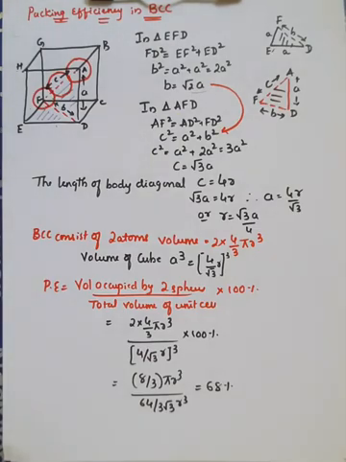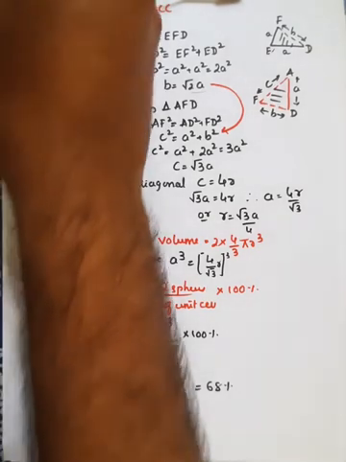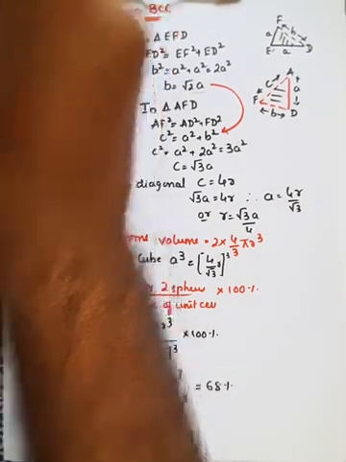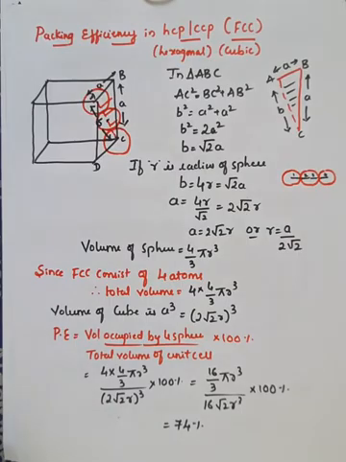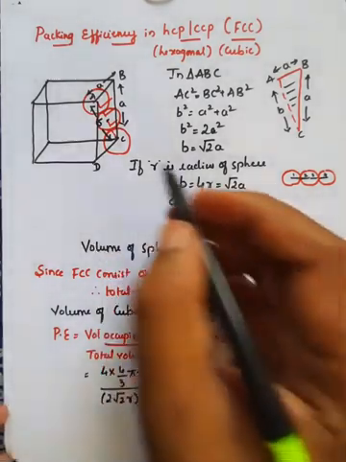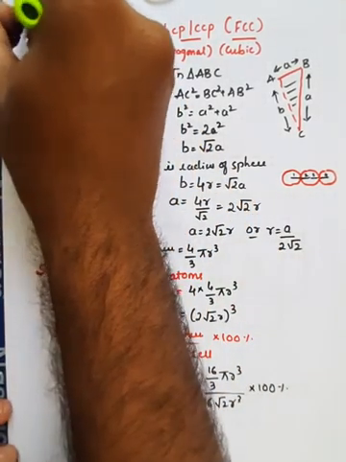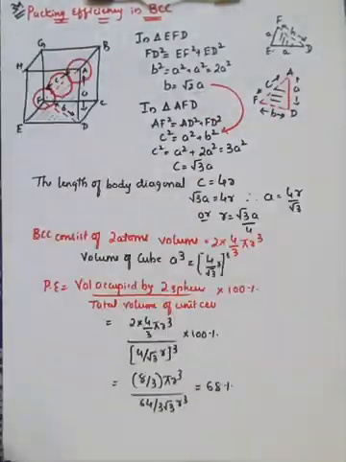And remember, these questions will definitely come in the annual exam for 3 marks. Out of 3, 1 will be packing efficiency in case of a simple cube. It is rarely asked because it is very simple compared to FCC and BCC. So they may ask the packing efficiency in case of HCP, CCP or FCC. All 3 are the same. That can be asked for 3 marks, or they may ask the packing efficiency in case of BCC. We'll continue in the next class.